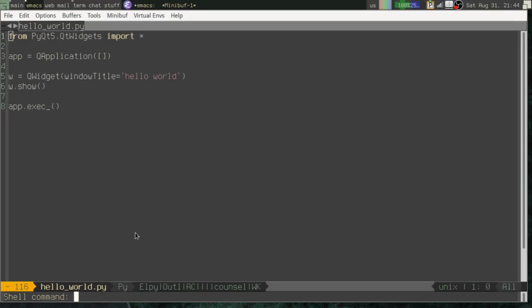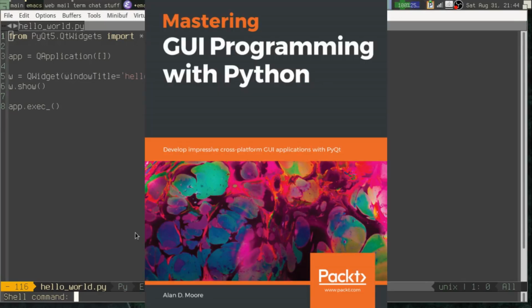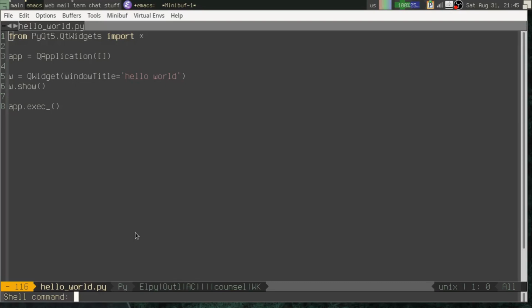Moore and I am still the author of Mastering GUI Programming with Python, a book that takes you on a magical mystery tour of the PyQt libraries. In this video, I wanted to start with the basics. We're going to take a simplified Hello World style PyQt application and we're going to examine every piece of it. And when we're done, we're then going to transform it into a template that you can use for any simple